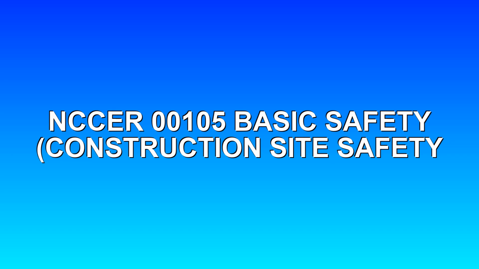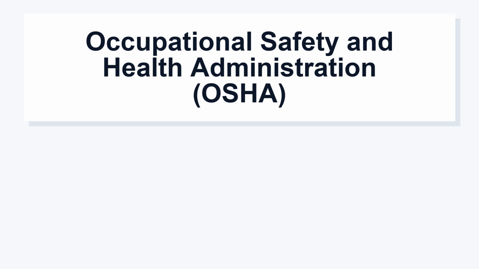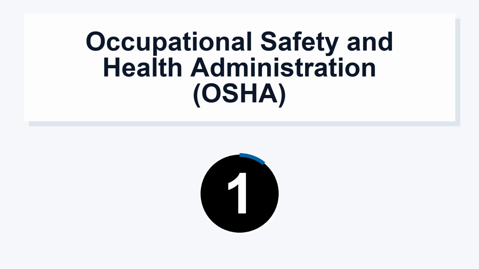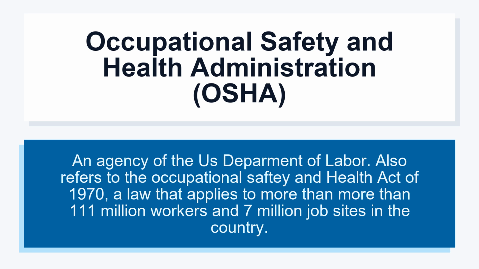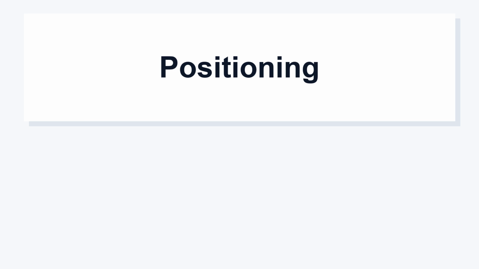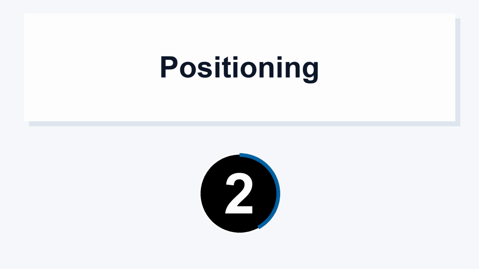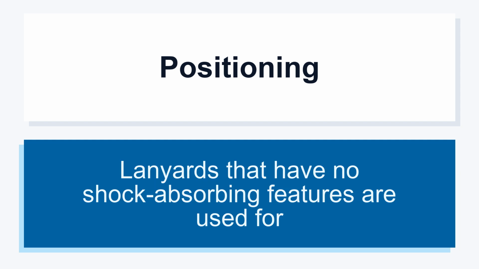NCCER 00105 Basic Safety, Construction Site Safety. Occupational Safety and Health Administration, OSHA: an agency of the U.S. Department of Labor, also refers to the Occupational Safety and Health Act of 1970, a law that applies to more than 111 million workers and 7 million job sites in the country. Positioning. Lanyards that have no shock-absorbing features are used for